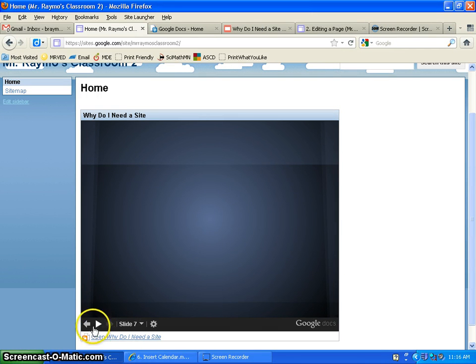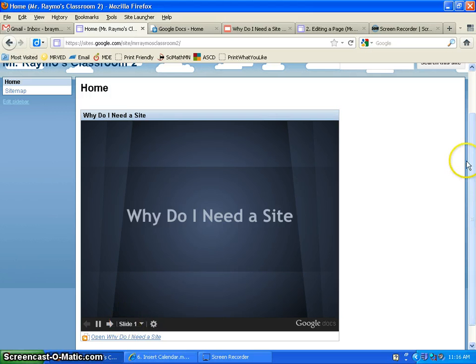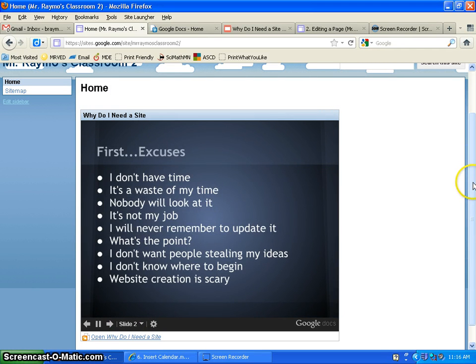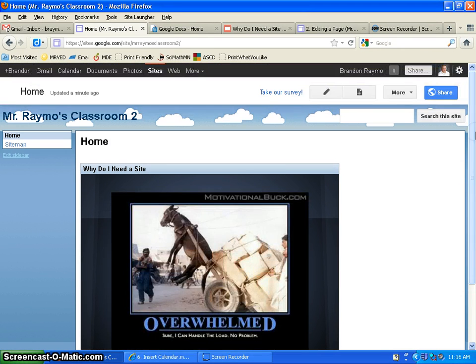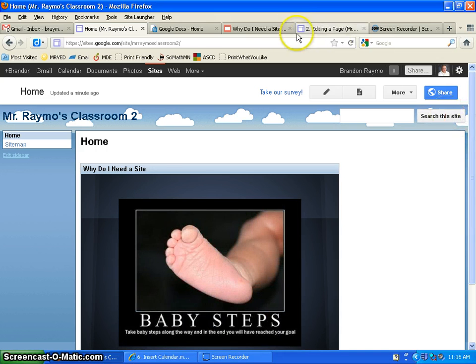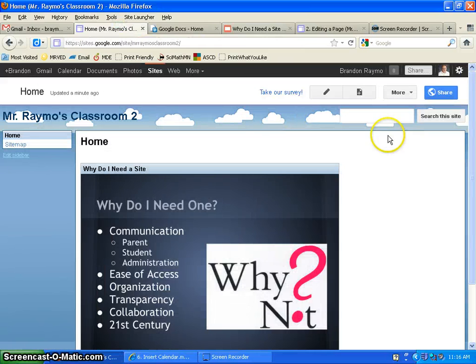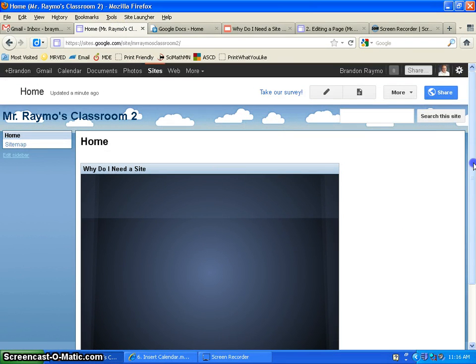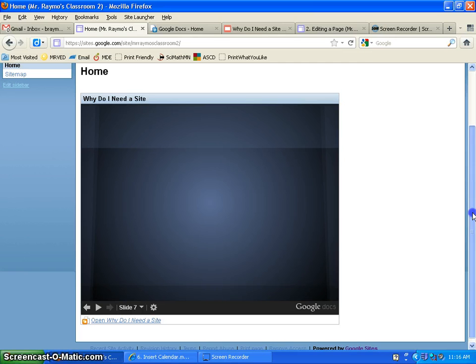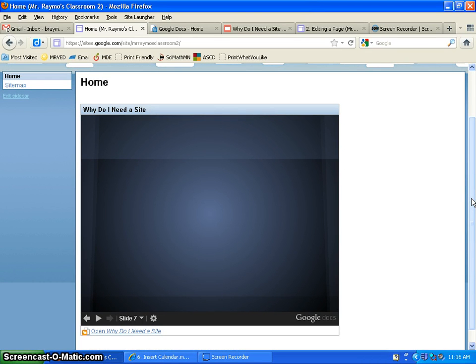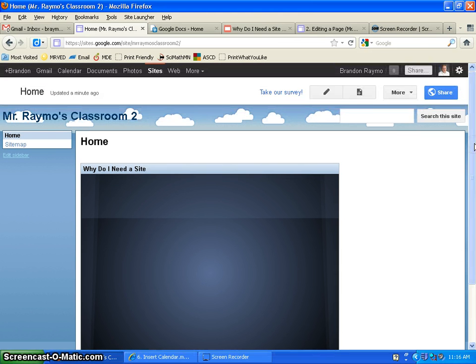So that's a pretty neat, easy way to do that. When inserting your presentation, just make sure that your share settings are correct and it's public on the web, and then when anybody comes to your site they will now see your presentation. So it's good for notes or PowerPoint on something that you've created to stick on a website or a web page. So that's inserting a Google presentation into